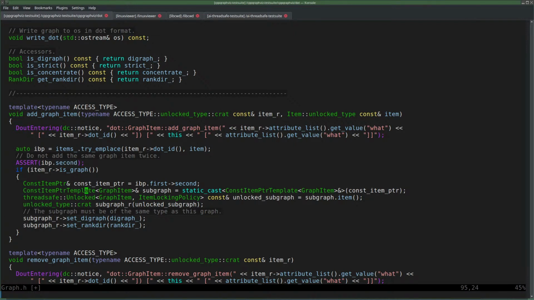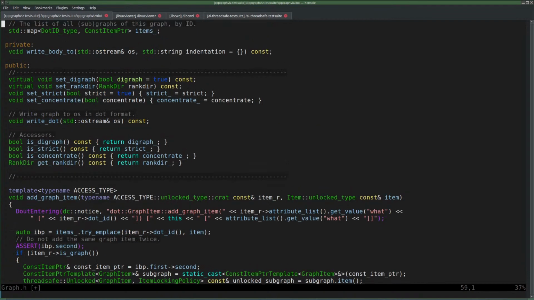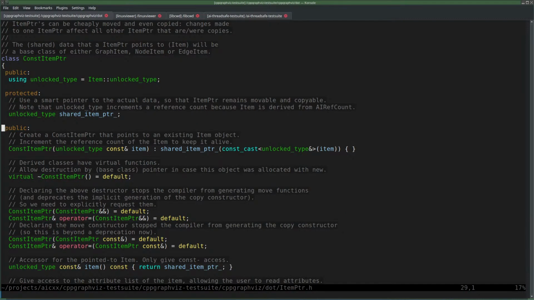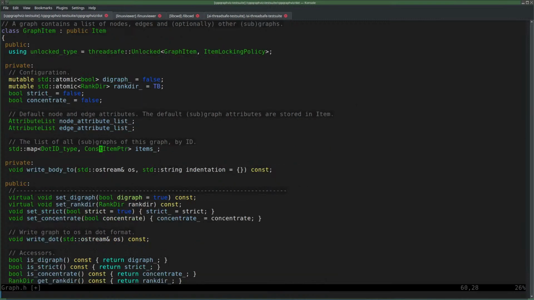Const item pointer is items. That's the unlocked thing. Yeah, const item pointer is something that is not locked. That is an unlocked type. It's an unlocked base actually, which I think points to an item. So we only have a pointer to the base class, the item base class.